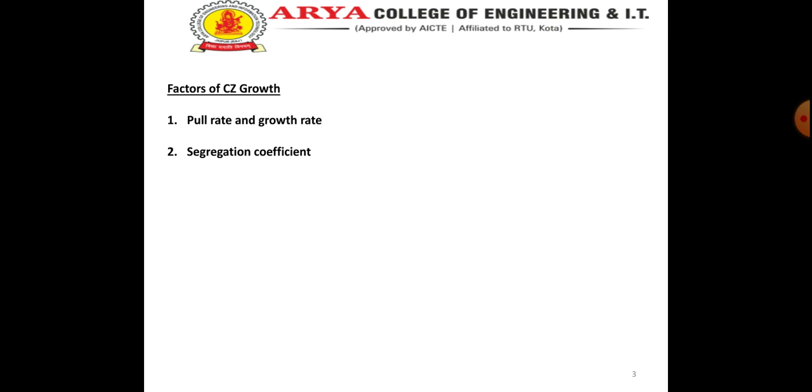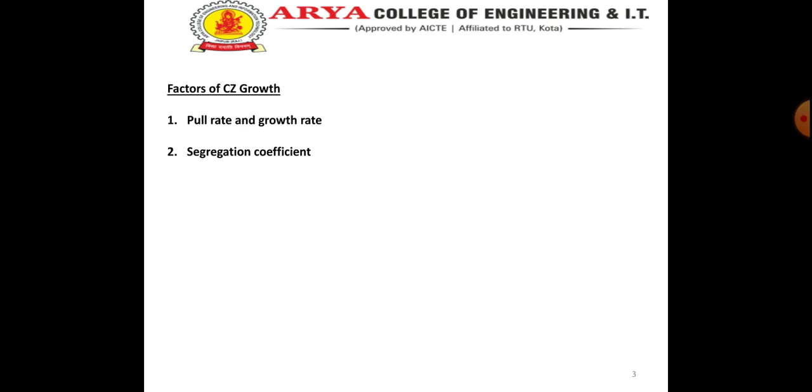The two differ because of temperature fluctuations near the interface. The growth rate can exceed the pull rate or even be negative at a given time. When the growth rate is negative, remelting is said to occur. That is, the crystal dissolves back into the melt. The growth rate affects the defect structure and dopant concentration in the crystal on a microscopic scale.